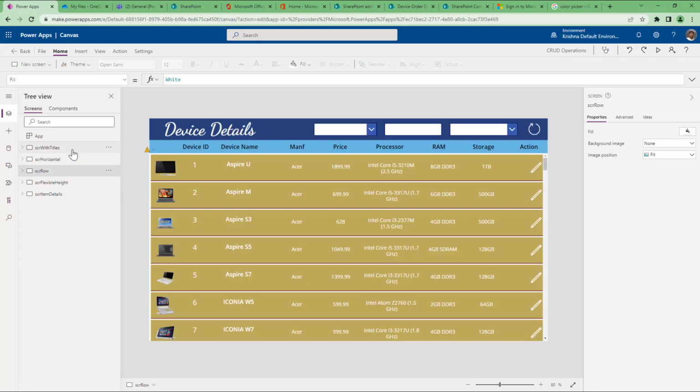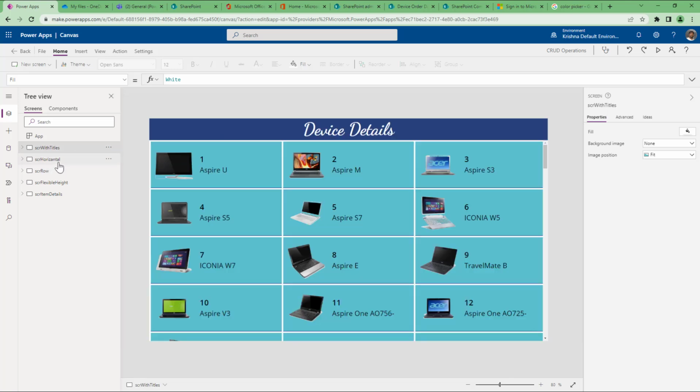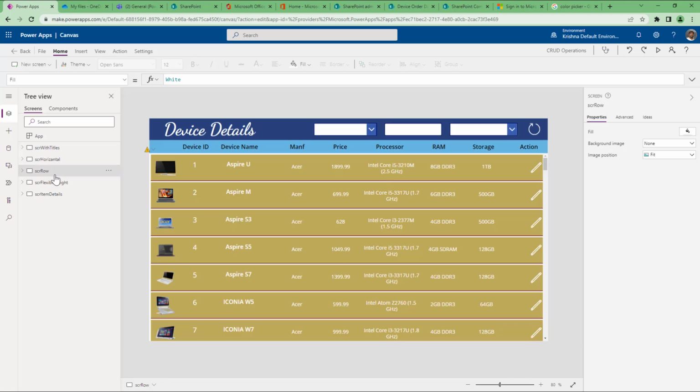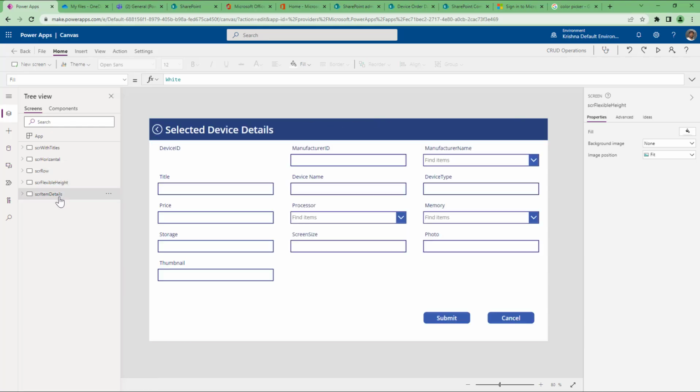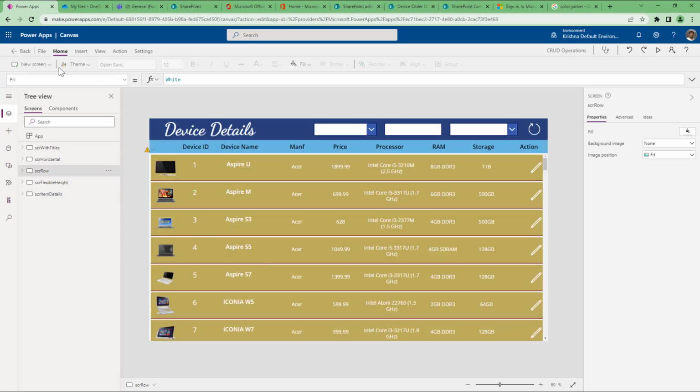Basically, three orientations, in fact four orientations. One is tile orientation, horizontal orientation, row orientation, flexible height orientation. And for each and every orientation I should have one form screen. And when I select submit, or when I click on submit, it should take me back to where I had come from. Got it? Any questions? Okay, as the format goes,